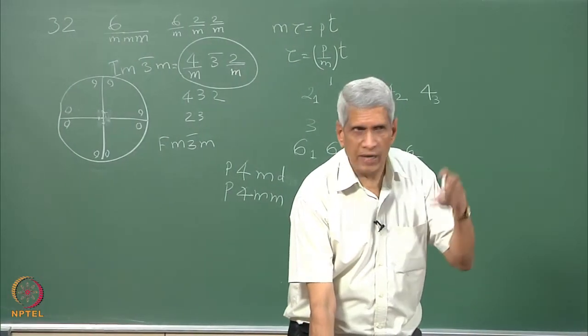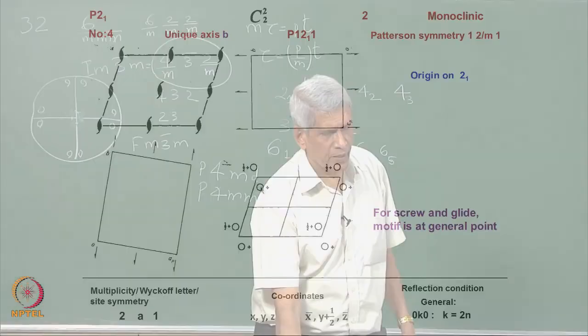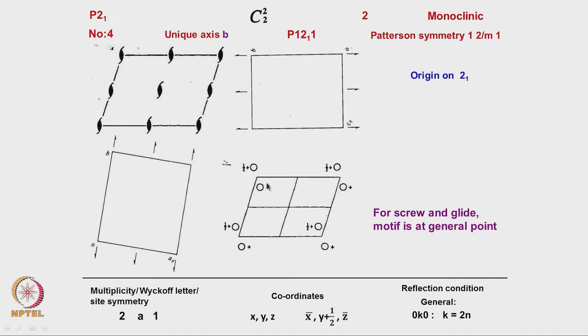In a separate table all the symbols which are used are given. Here what is going to happen is that if we keep one motif at a particular point, another motif comes at half position. Okay. That is, from wherever it is being kept, if we translate half the distance and do a 180-degree rotation, that motif will come. That is why this is 0 plus, and this is the 0 half plus, it is given.